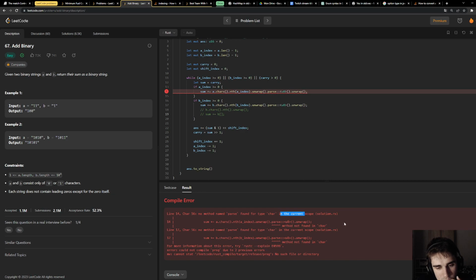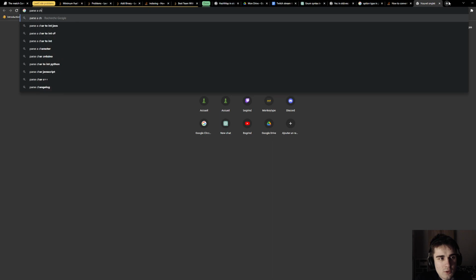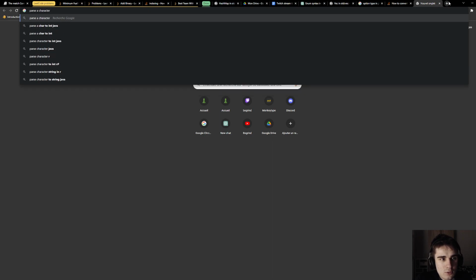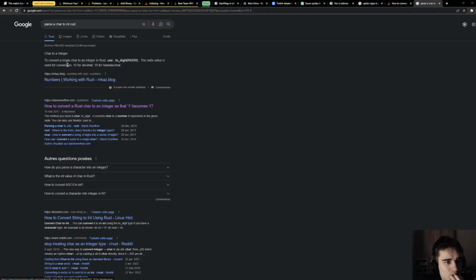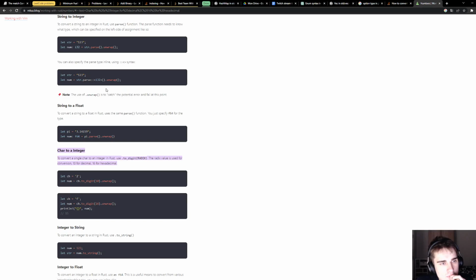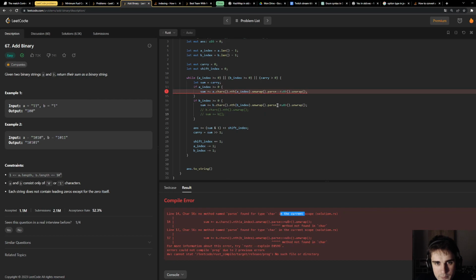Parse method not found in char. Parse a character to int Rust. To digit. Char to digit then. Radix unwrap. Awesome.